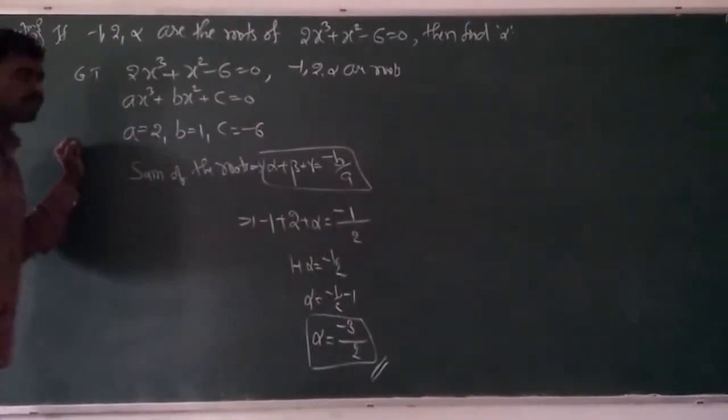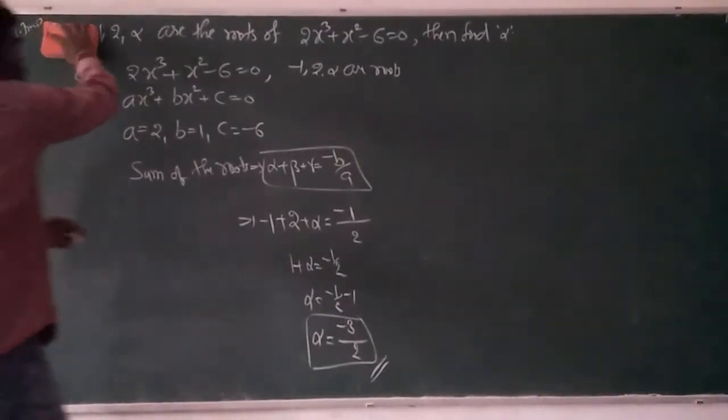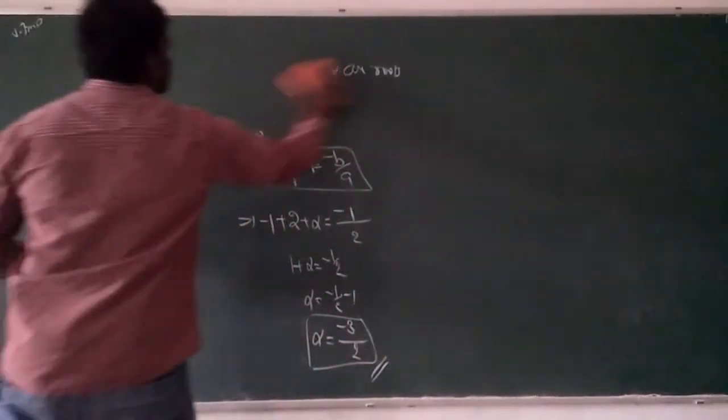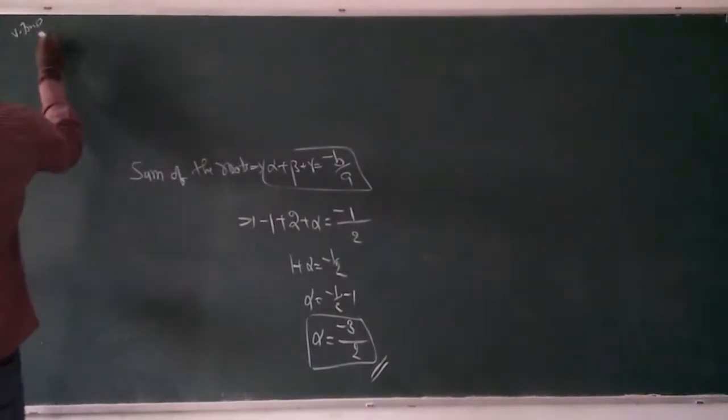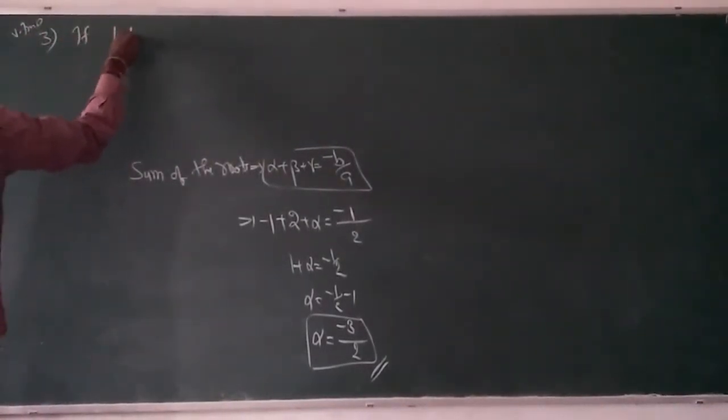Is it clear? Very simple question. So let us see the third question. The third is also an important question and the same process. I just give the question, you try it. Third one, also an important question. If 1, 1, alpha, sorry, 1, 1, alpha are the roots of